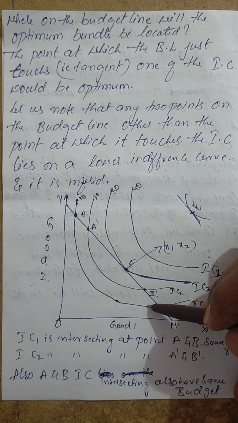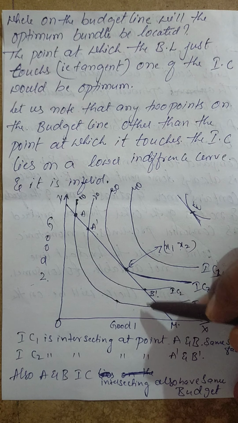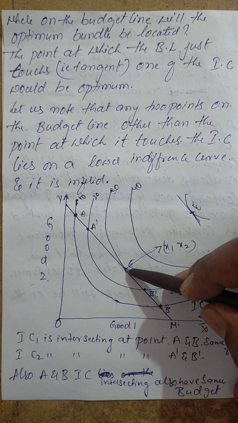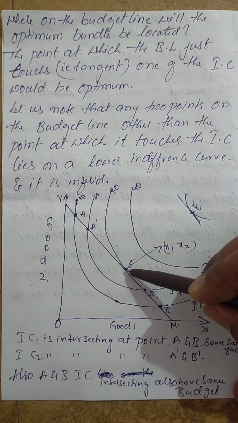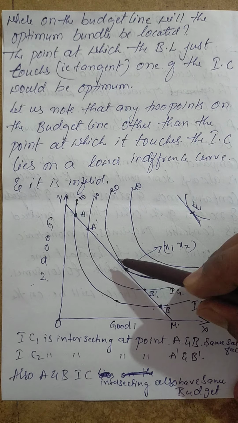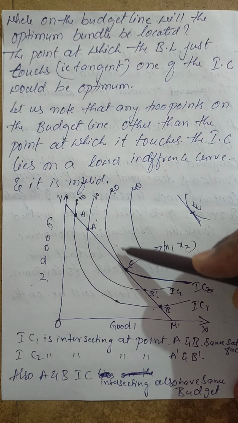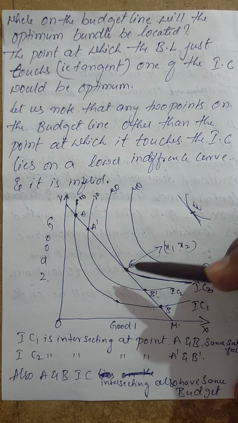This was one level of satisfaction, this was another level of satisfaction, isn't it? You have never come across so much satisfaction from goods. But here your amount is spent at this particular point, and it is giving you a greater level of satisfaction. So you are going to consider this point as the point of equilibrium. Even at this point, the budget line and the indifference curve both become equal. When it is equal, for the same amount of money, you are getting the maximum amount of satisfaction.